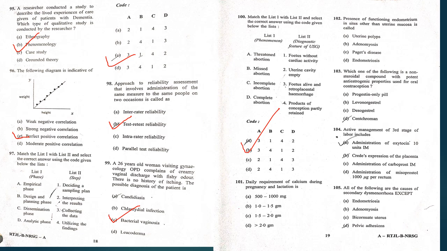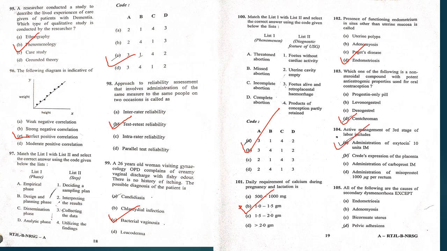ডেইলি রিকোয়ারমেন্ট এটা 1 থেকে 1.5 গ্রাম। প্রেগন্যান্সি আর ল্যাকটেশন বলেছে। প্রেজেন্স অফ ফাংশনিং endometrium in site other than uterine mucosa is called as endometriosis. অপশন ডি। এখানে 103 এ বলেছে which one of the following is non-steroidal compound with potent anti-estrogenic properties for, এটা হচ্ছে সেন্টক্রোমিন, মানে মালায়েন, যেগুলো আমরা ইউজ করি ওরাল পিল হিসেবে।